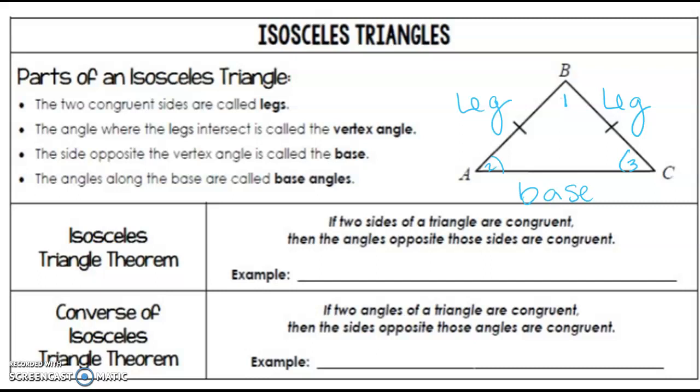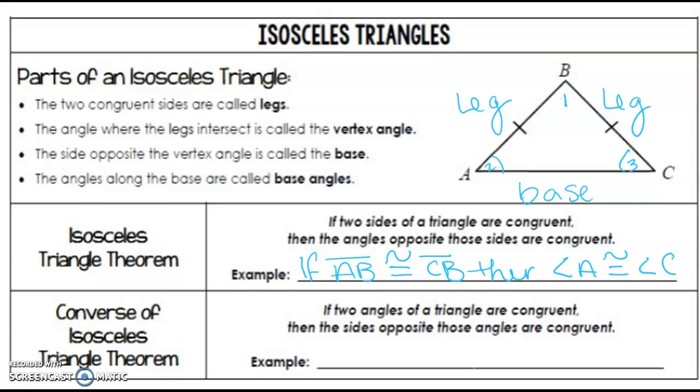And so now the isosceles triangle theorem says that if two sides of a triangle are congruent, then the angles opposite those sides are congruent. So for example, if you have the length AB is congruent to CB, then the measure of angle A is congruent to angle C. So if AB and CB are congruent, then angle A and angle C are also congruent. So look at that triangle above, and you can see that angle 2 and angle 3 are congruent because the